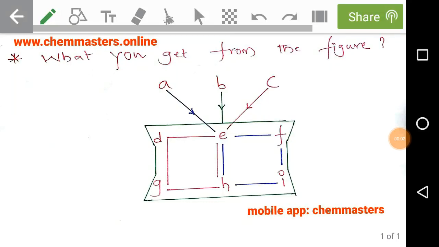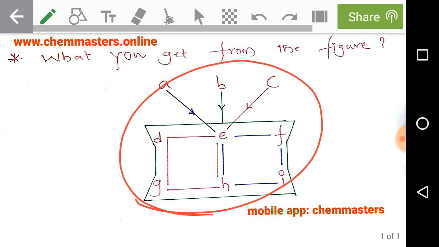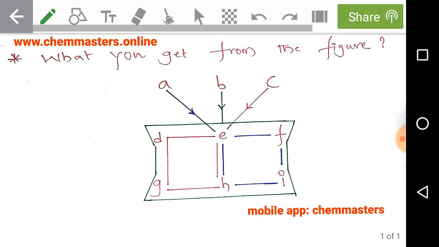Hi, just look at the given figure and see what you get from that figure. Before explaining the figure, we need to know what a determinant is and what the uses of a determinant are. Here, a determinant is defined as a value which can be computed from a square matrix in linear